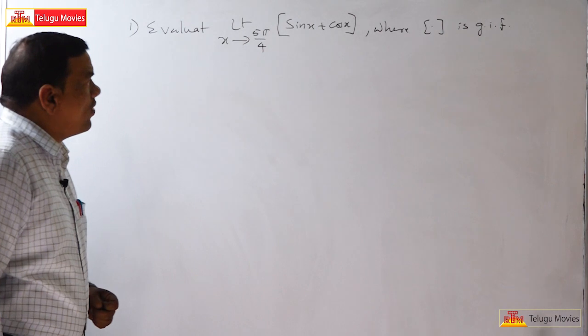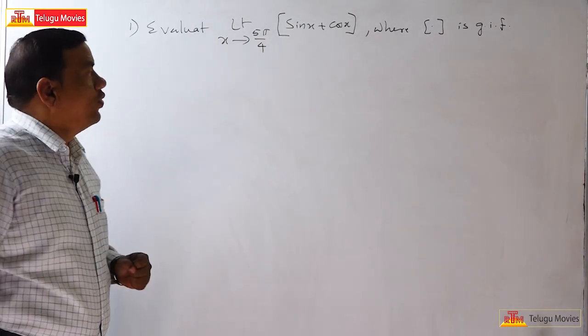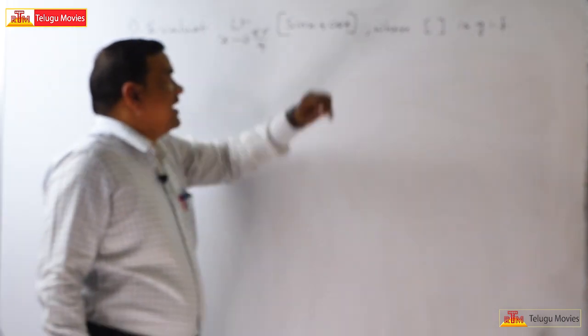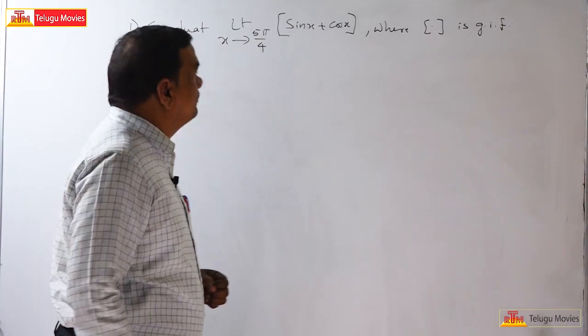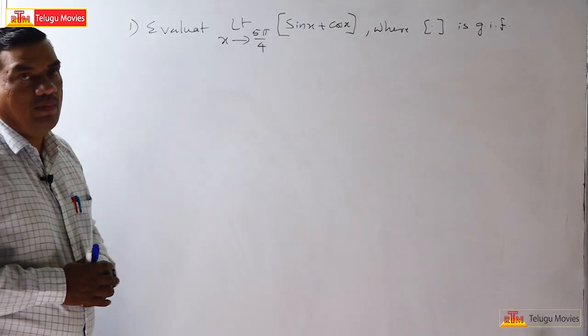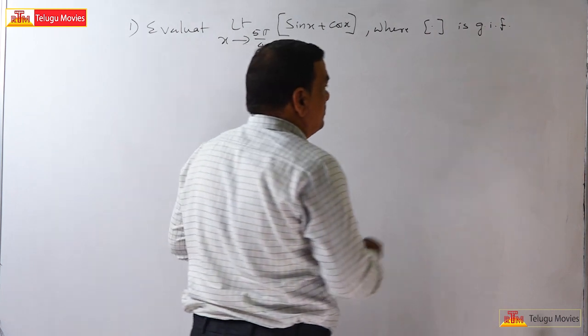The first problem of today is the limit as x tends to 5 pi by 4 of the step of sin x plus cos x. So this is a greatest integer function. Then how to do this problem? To find the limit of a function,